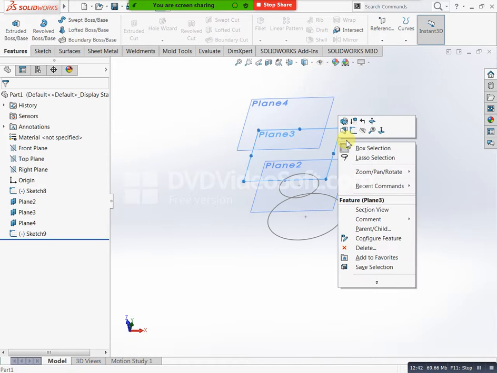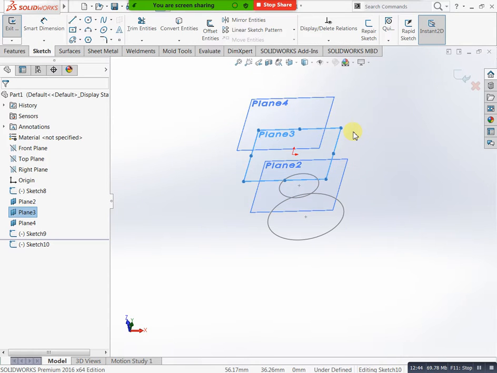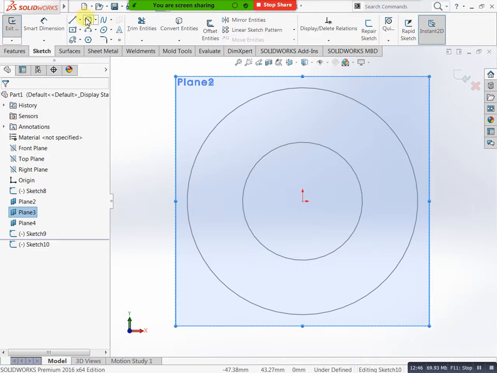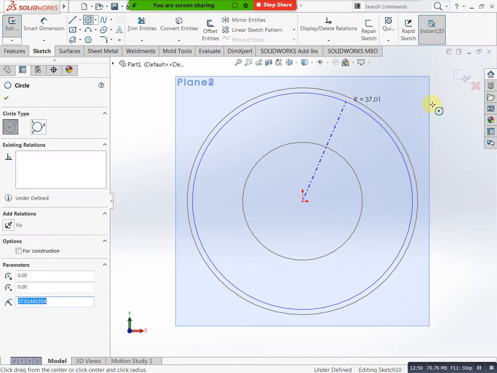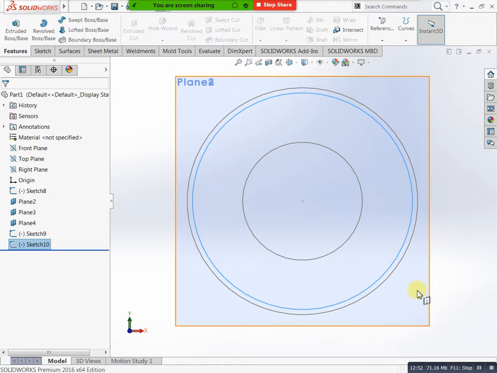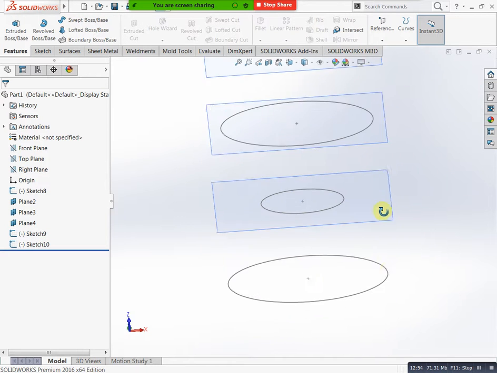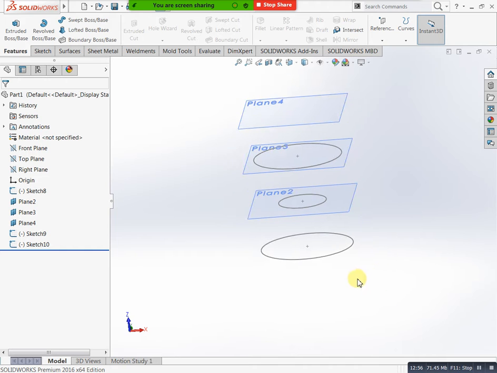When you have created two or more profiles, then it will be highlighted, or otherwise it is not highlighted. Now you can see here we have different profiles. Just click on this icon and you can select these three.